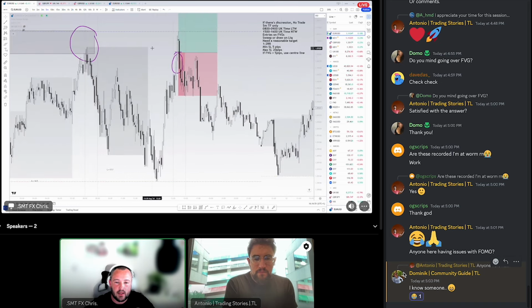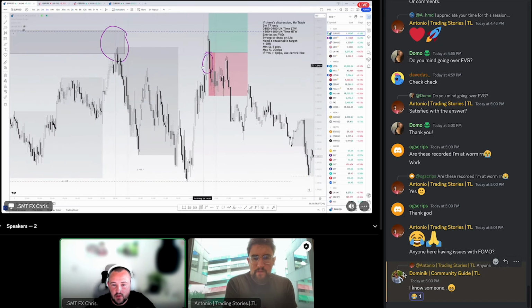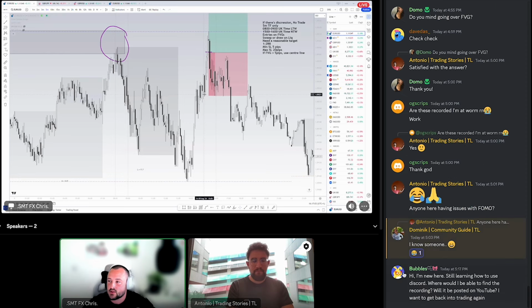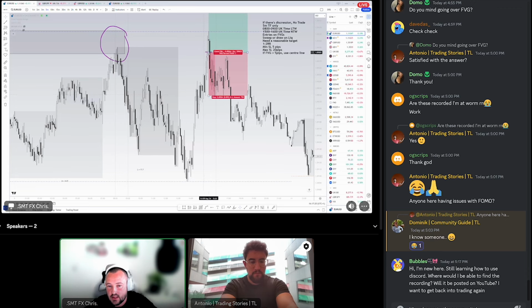Just going back to this trade here, we've got two fair value gaps. We're looking at the entry on the very first fair value gap, but we still want to make sure that our stop loss is on candle one. In this situation, we've actually got 4 candles as opposed to 3. With one fair value gap, we need a minimum of 3 candles, but if we've got 2 consecutive fair value gaps, we're now going to have 4 candles. Taking the trade on the edge there, we can see it was filled relatively quickly, but unfortunately it did go on to hit stop loss, and this is all part of trading.